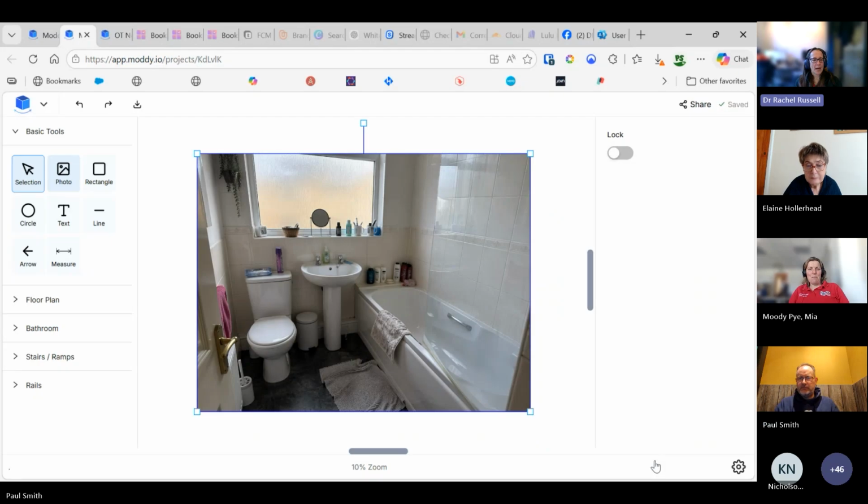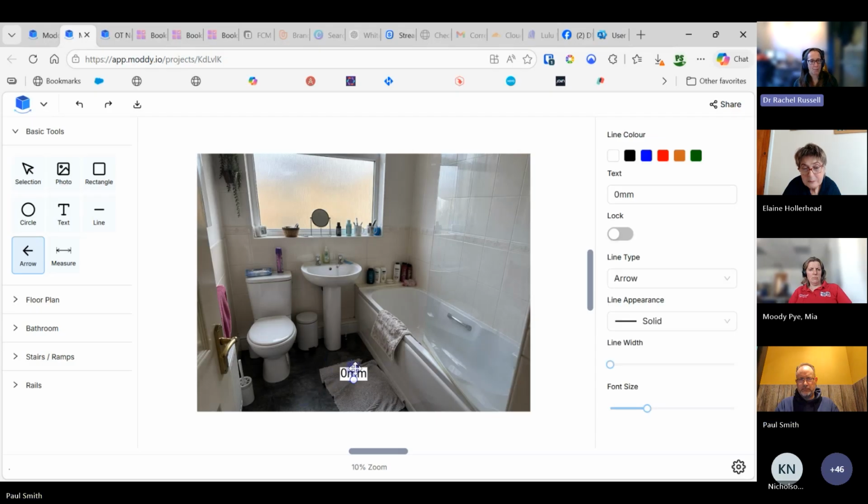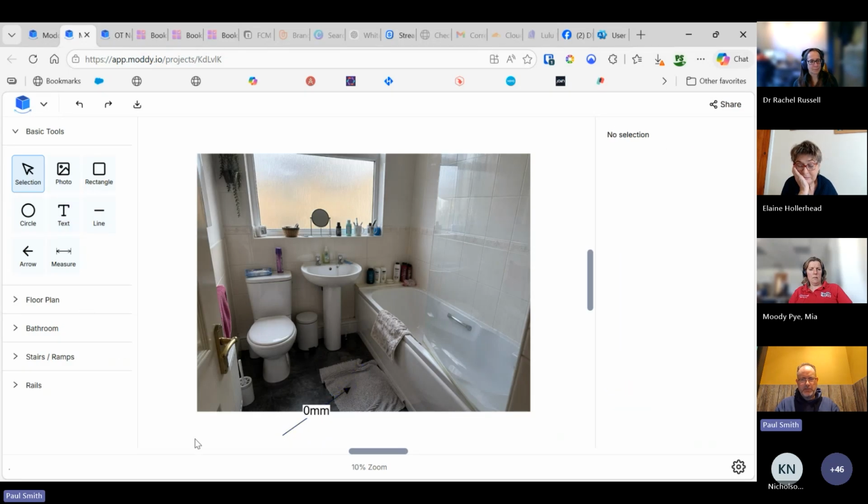So the kind of things that I would want to annotate on there are the hazards that I'm seeing. So obviously things like the mat on the floor. I may want to say something about the glare from. Yeah. So I can put a little arrow on there and then add a text box saying